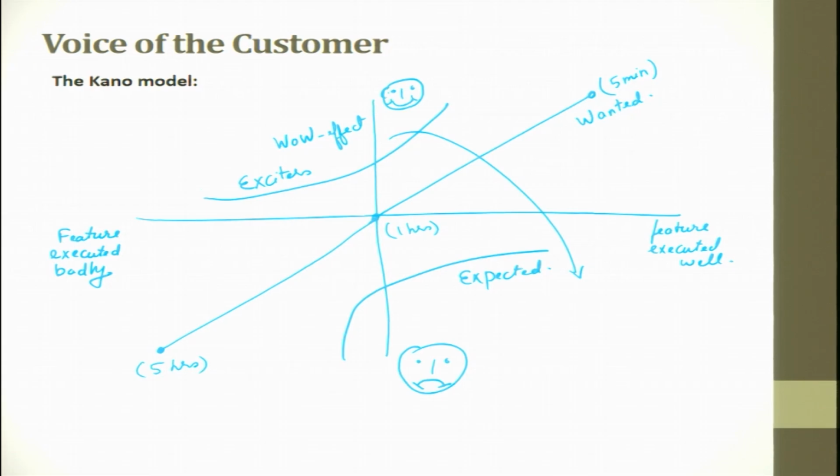So what I am trying to say is, the wow effect can also become a minimum expected requirement for a product. So this is Kano's model. Kano's model is exhaustively used in identifying what a customer wants and how. And I have also told you there are certain things spoken, there are unspoken. So expected are unspoken. Okay, these are unspoken demands or requirements of the customer.